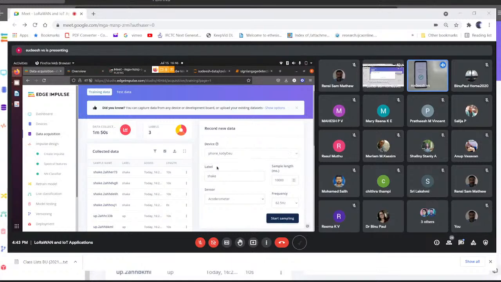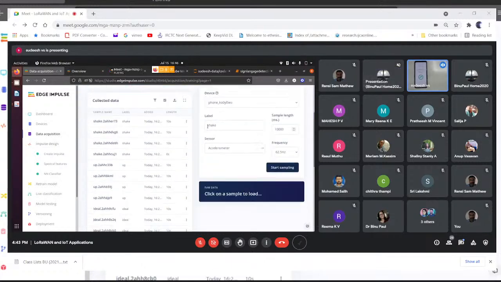Device is selected, so create a label and select the sensor you are going to work with. Click start sampling and create 3 labels, 4 data for each label. Collect the data.